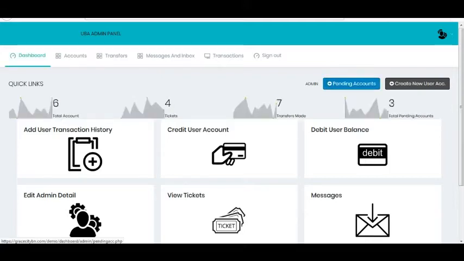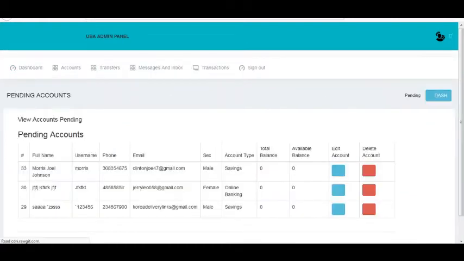says pending account. So you know, the system is not giving me the statistics of those who have registered, like how many clients or customers the bank has so far. It says total account, ticket, and transfer made, you understand? So even pending accounts, you see about 3 pending accounts. So let me check on that pending account. Click on this button that says pending accounts. You understand? From the pending accounts, you see that account that I just created, which is Morris